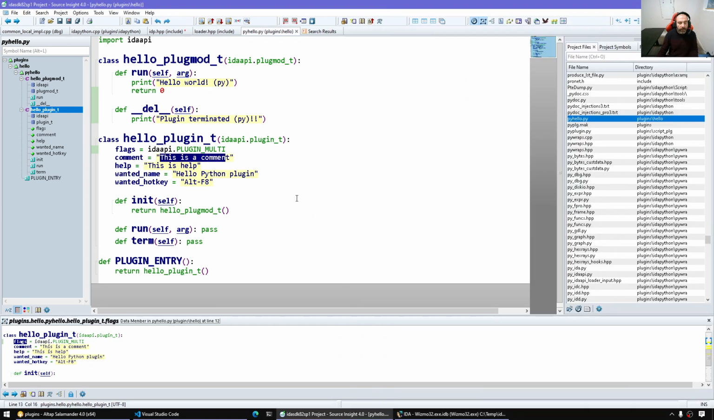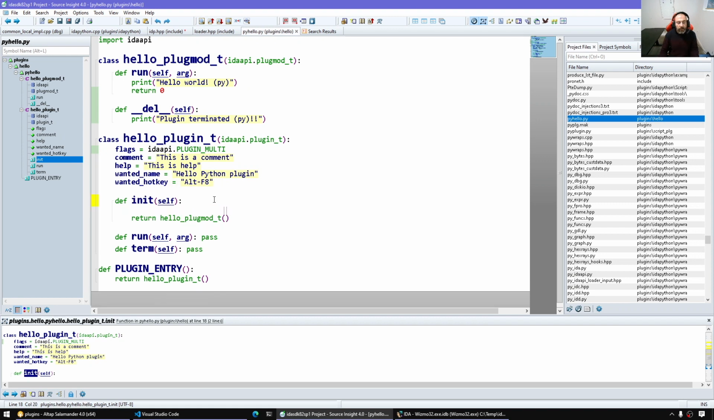And the comment in the status bar. Then init will have logic here. It will decide to check the environment, check the database, the input file. If you recall from a previous episode where we used the IDA global info, we could have checked